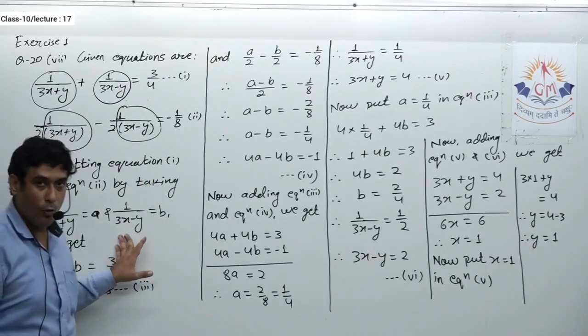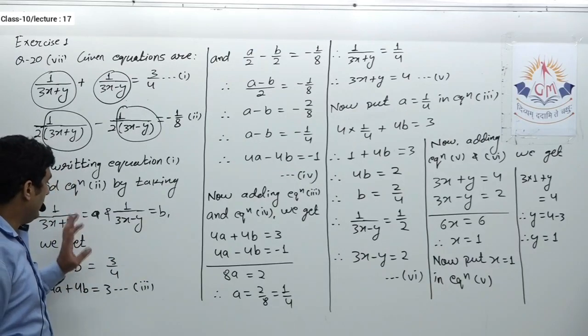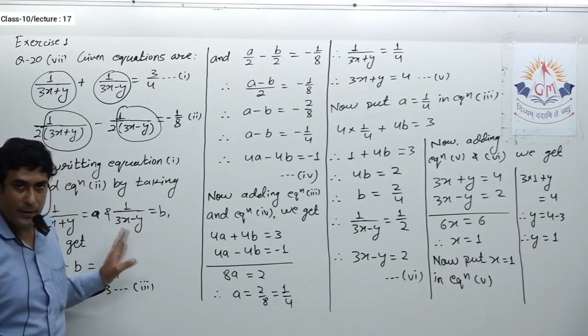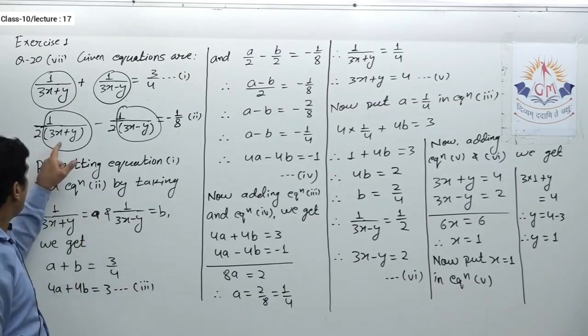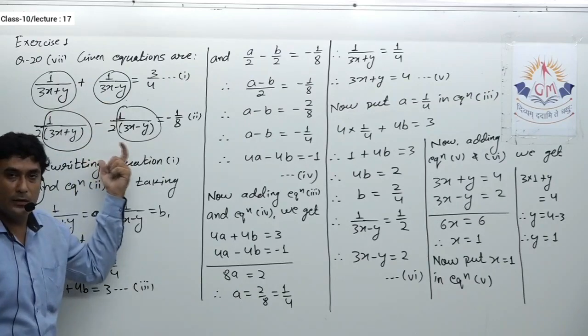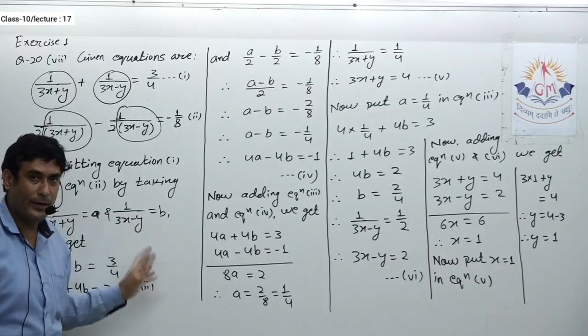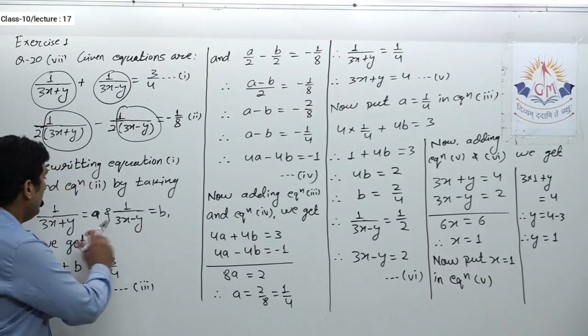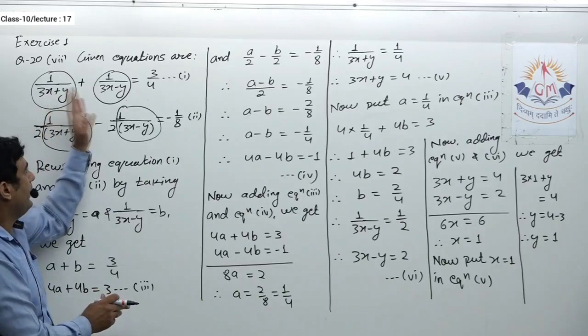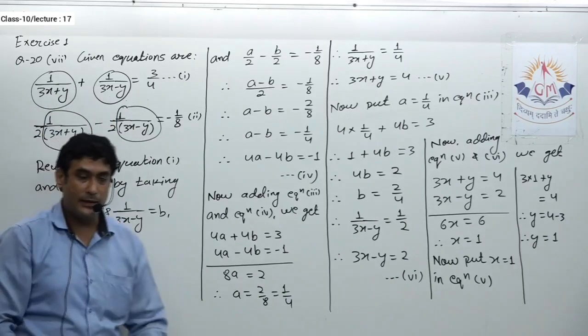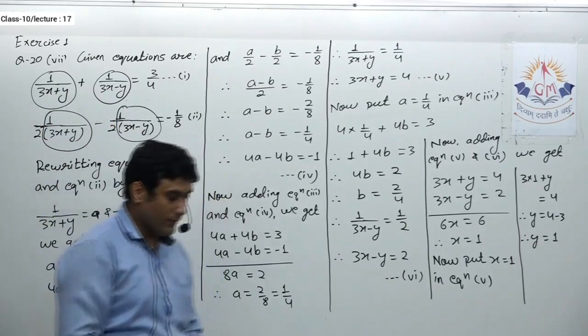So that you have to observe. Okay. And it is also not necessary that you took a and b. You can take any variable other than the variables used in the original equation. That instead of a and b, I can take p and q as well. Also, it is not necessary that you first took a and then b, you can interchange that as well. Okay, that was the one thing.